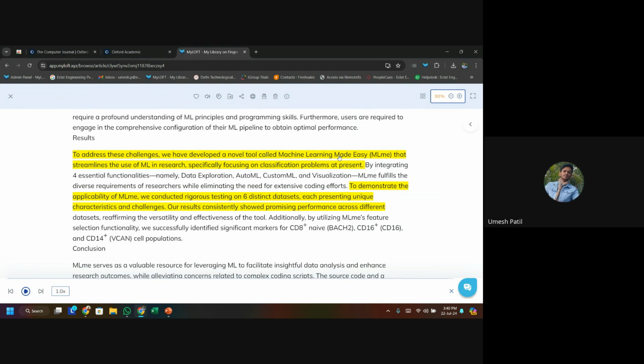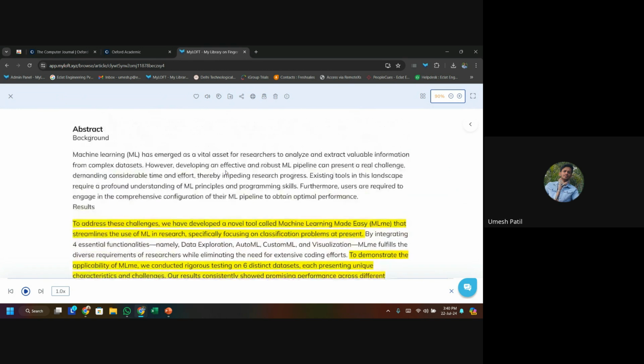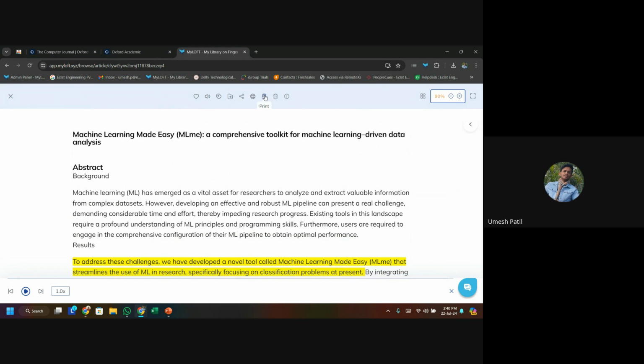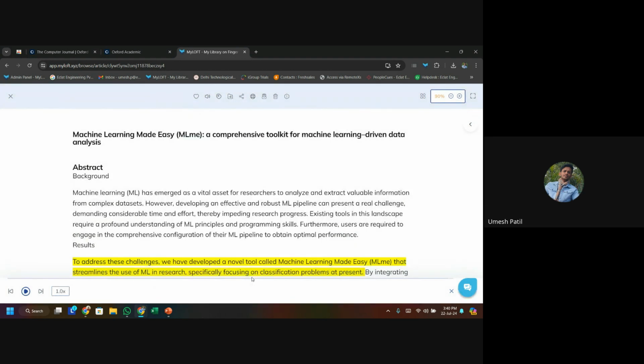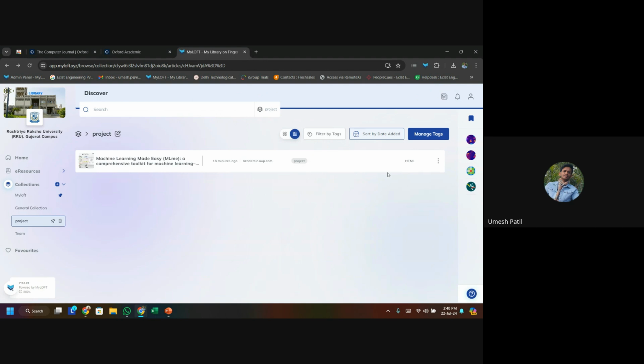Also, one more feature available only for the web application: you can print a particular article which you have saved. From in here, you can directly print it. Again, you can directly open this article in the browser on the publisher's website if you want to access any data which is missing in here. Again, you can share the article from in here, and in the web application, you can share it via emails directly. If you want to share it via social media, you can use your mobile application for that. Now, coming on to,